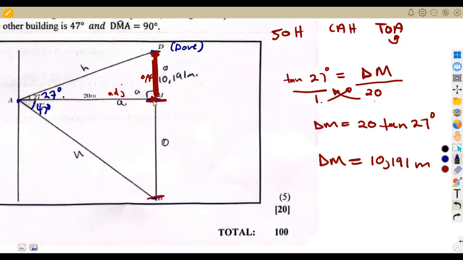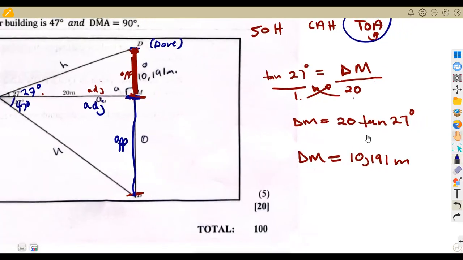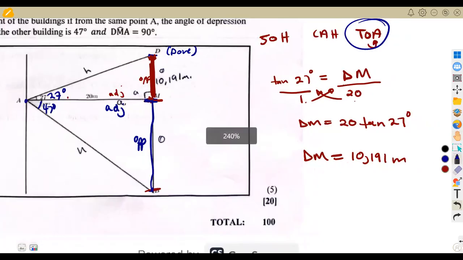Then we move on to this building here. This is its height. So according to this one, 47 degrees, the part that we are given according to 47, this is the opposite that we have, and this side is the adjacent. So again, we have got the same ratio for tan that we have to consider there. As you can see, we're going to consider the same ratio. The tan of theta, this time the theta is the angle inside the triangle, 47, is equal to the opposite,